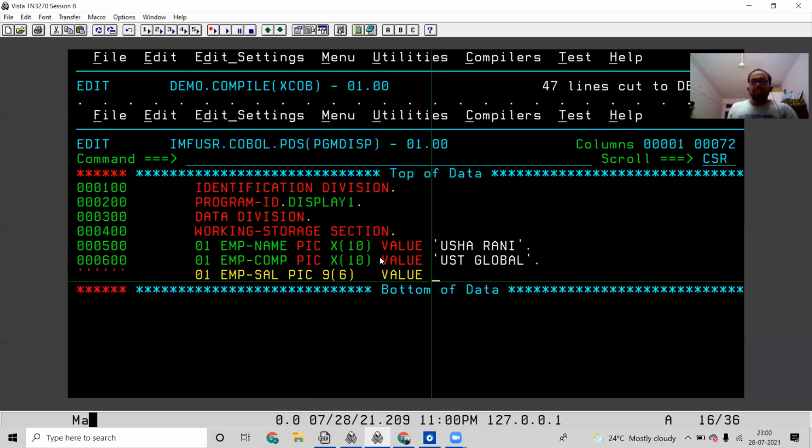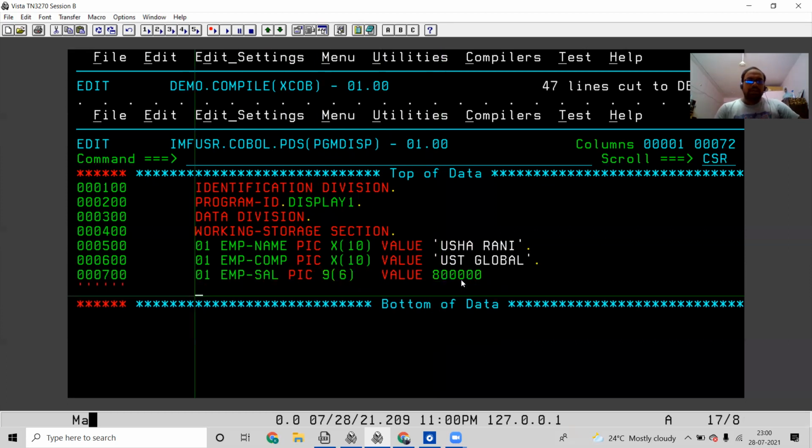And for numerics, no need of using inverted commas, we can give the number directly, say 50,000. How many are there? 3. Okay, 5 lakhs or 8 lakhs package. Okay. Now the working storage section, we have declared the variables along with the data. These variables are having the data also.